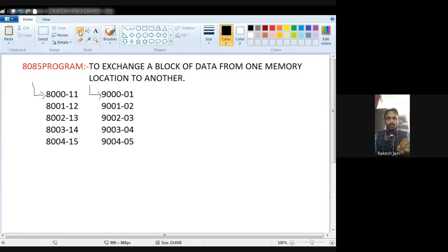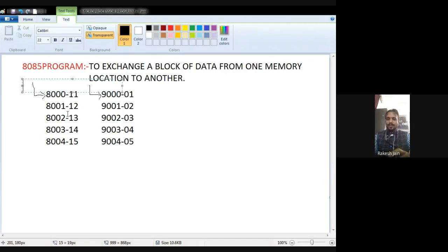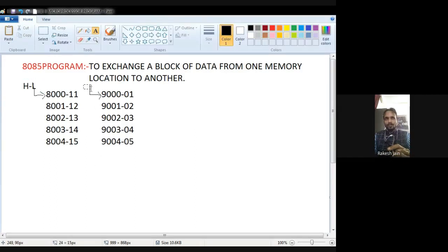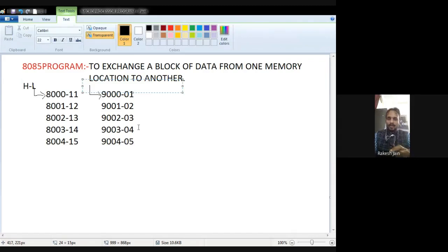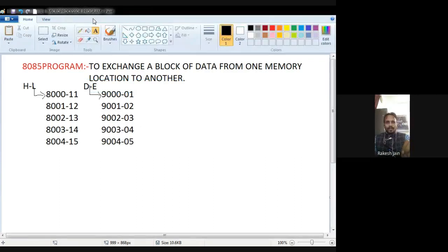And we know that an address can be pointed out by a 16-bit register pair. So let's suppose the HL register pair points out the 8000 address, and the 9000 address will be pointed out by the D register pair.